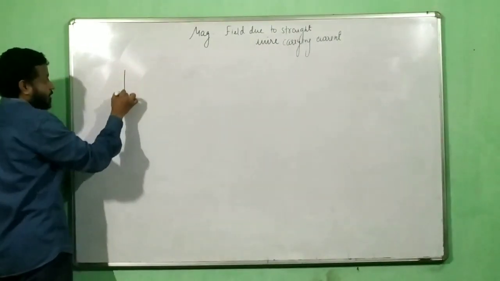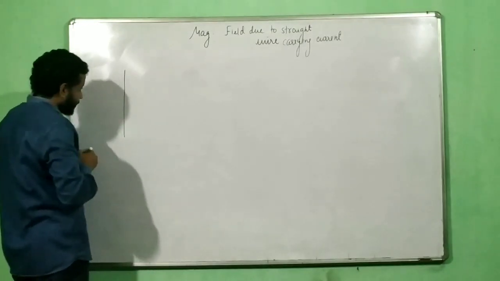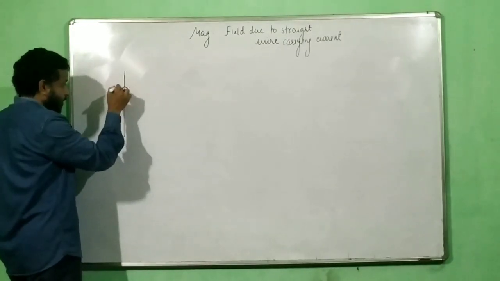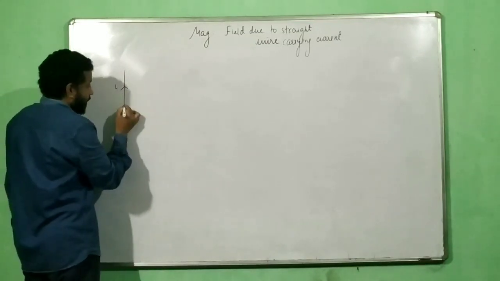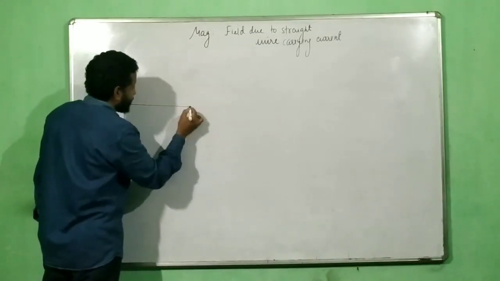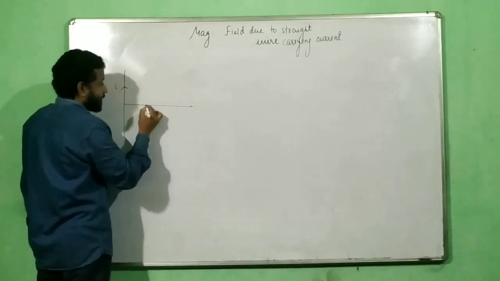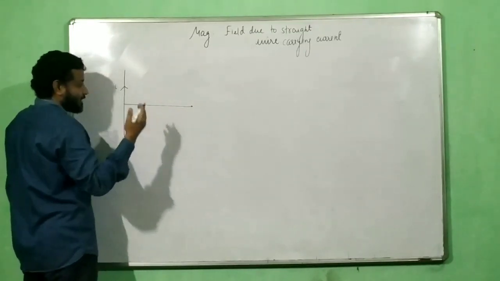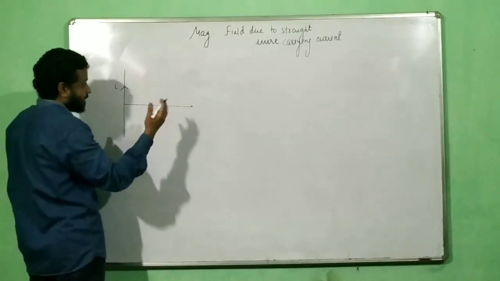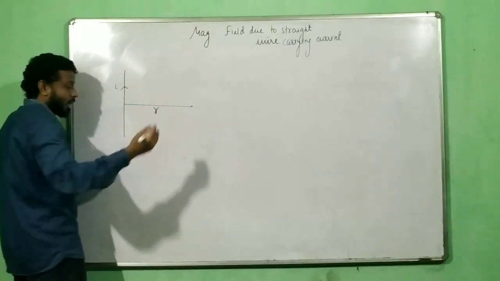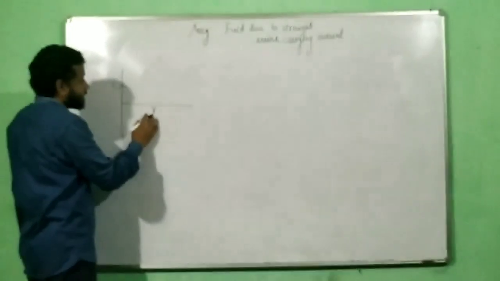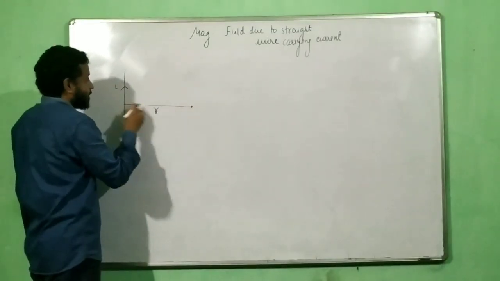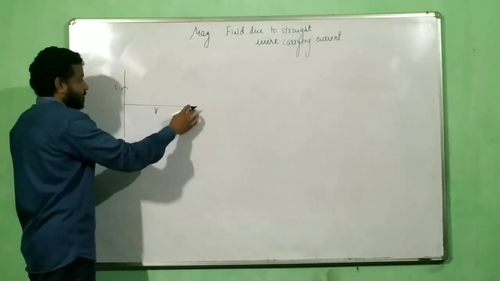So suppose you have a wire like this, and this wire is having a current in the upward direction, and say that I want to find the field at this particular point. Let us say that this distance, some books say A, B, C, D, some books say many things. I use the word R because in Biot-Savart law we have R. So I have I and this is R. But what is R? R is the perpendicular distance from the wire.